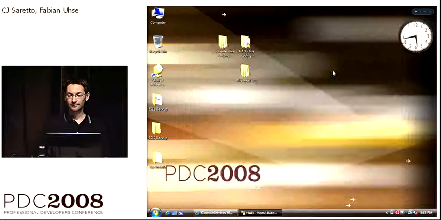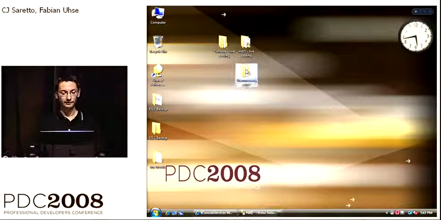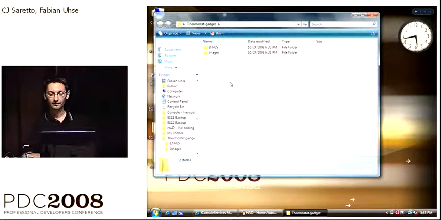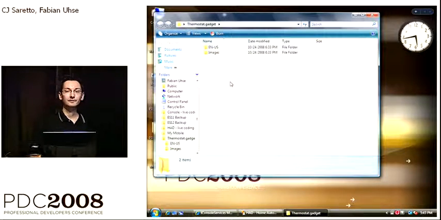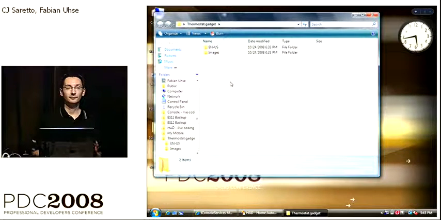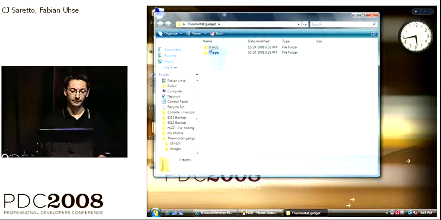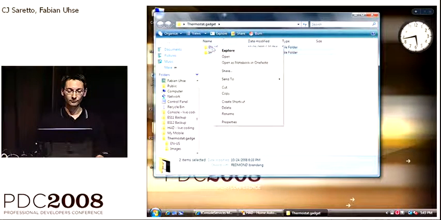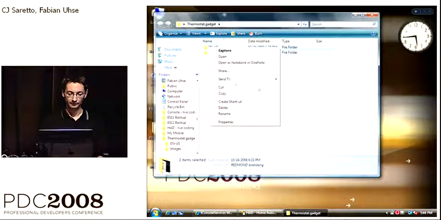Another example might be just another client. When you, for instance, think about all the consumers in your home, basically your family members, they want to have an easy and convenient method to have access to a lot of services that your house or your home offers. So what we did is basically we wrote a small sidebar gadget. I'm quickly going to pack it.